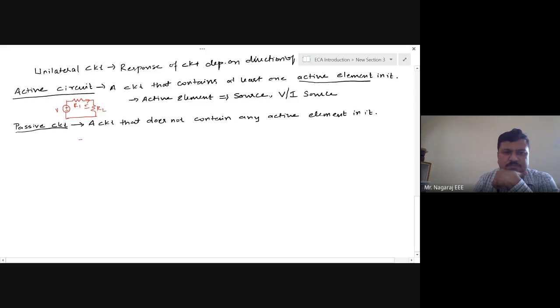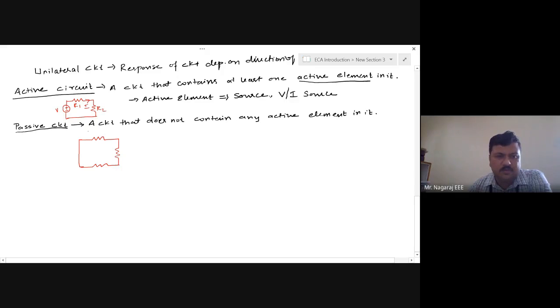Say for example, now this is a passive circuit. What is the use of this passive circuit now? Work cannot be done in this circuit in any way. But we should remember that passive circuit doesn't hold only resistors. A passive circuit can contain energy storage components or energy storage elements that can dissipate the energy.